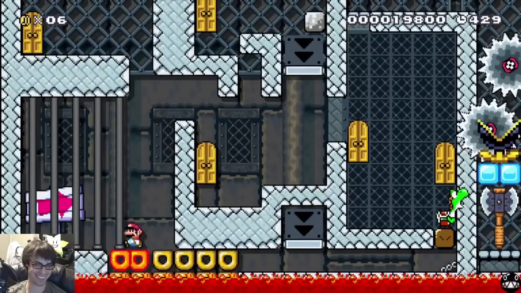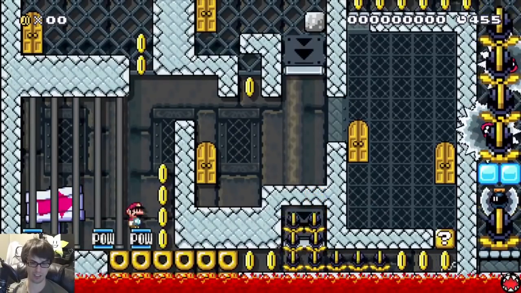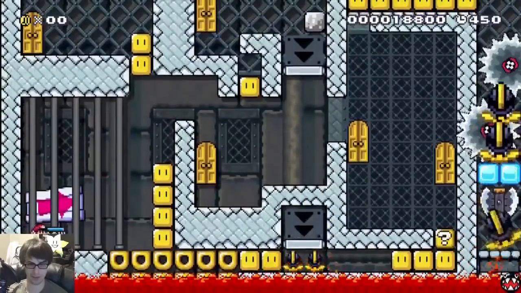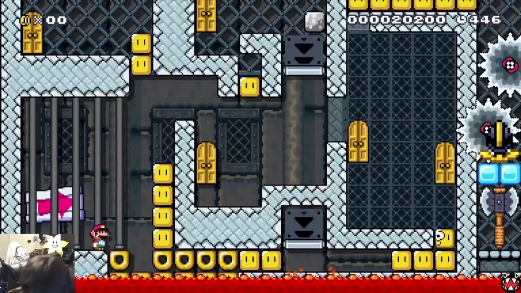Walked right into it. We gotta wait, because the POW will destroy these coins, and these coins turn back into blocks that let me get out of here. So now we blow these up, and we can go through the bottom here. Oh, but those...